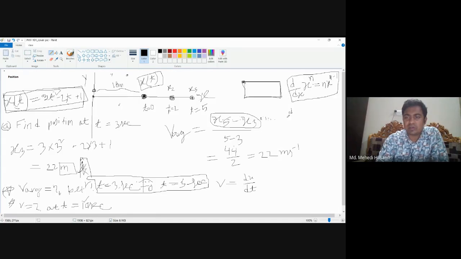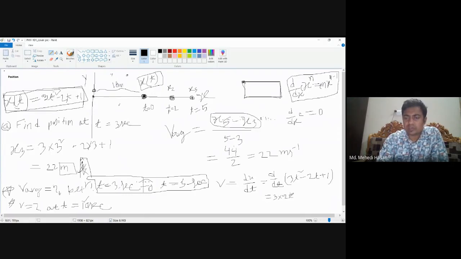And differentiation of a constant is equal to 0, or if there is a constant multiplied here, say c, then it will remain the same c. Okay, now here x is given as 3t square minus 2t plus 1. So the differentiation of t square, 3 remains the same, 3 into 2t, because